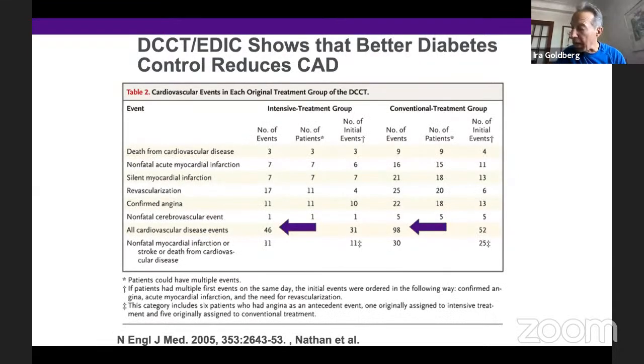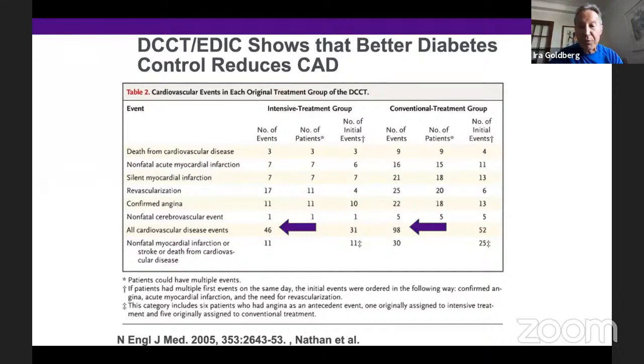So this is the classic study that was done in type 1 diabetes. It's the EDIC trial from DCCT that basically showed that after 14 or 15 years, people with type 1 diabetes who had tighter control, and tighter control only during the first 7 years of this study, had markedly less cardiovascular disease. In fact, they had half the cardiovascular events of people who during those first 7 years were not treated,